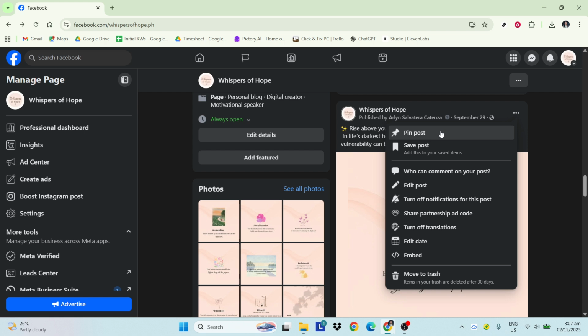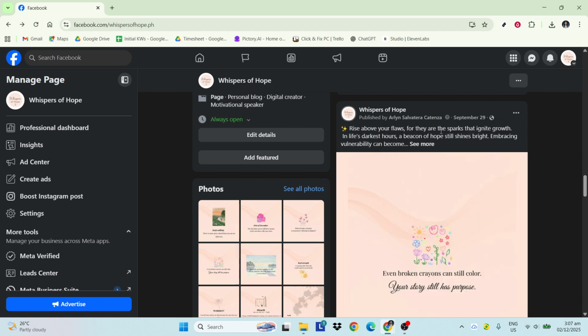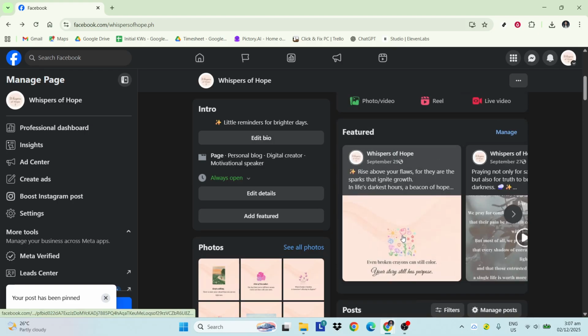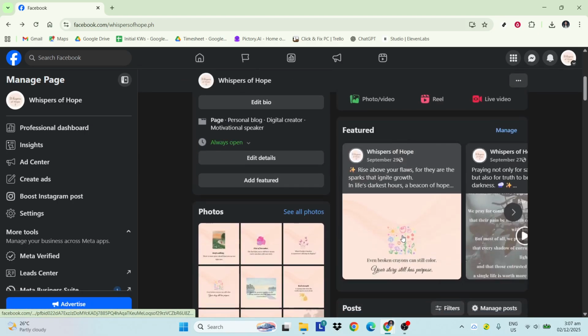From the menu, select Pin Post. As soon as you do, Facebook confirms the action, and your post moves to the top of your page. The post will now appear at the top of your page, among other featured posts, making it more visible to anyone who visits. This is especially helpful if your page publishes frequently and you don't want an important message to